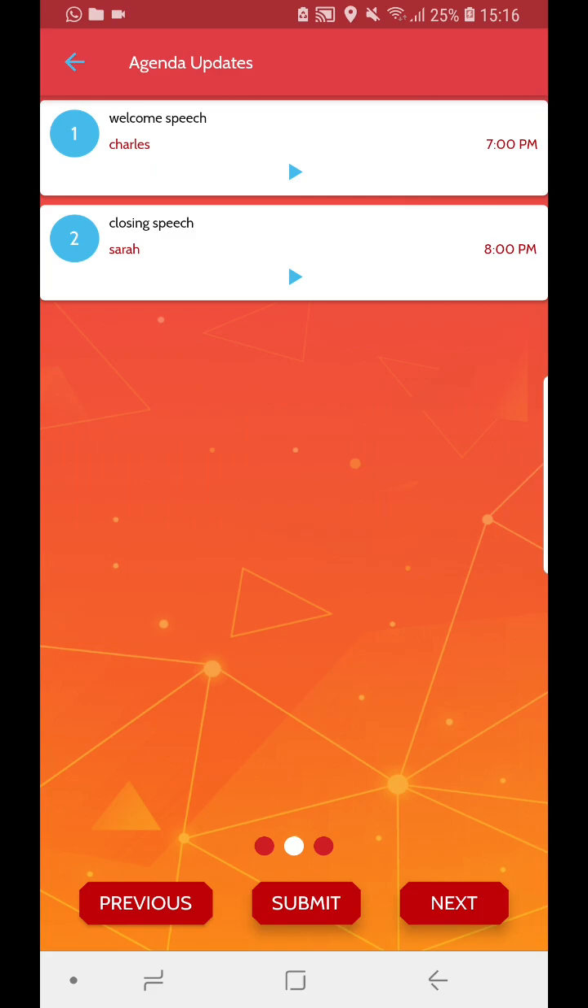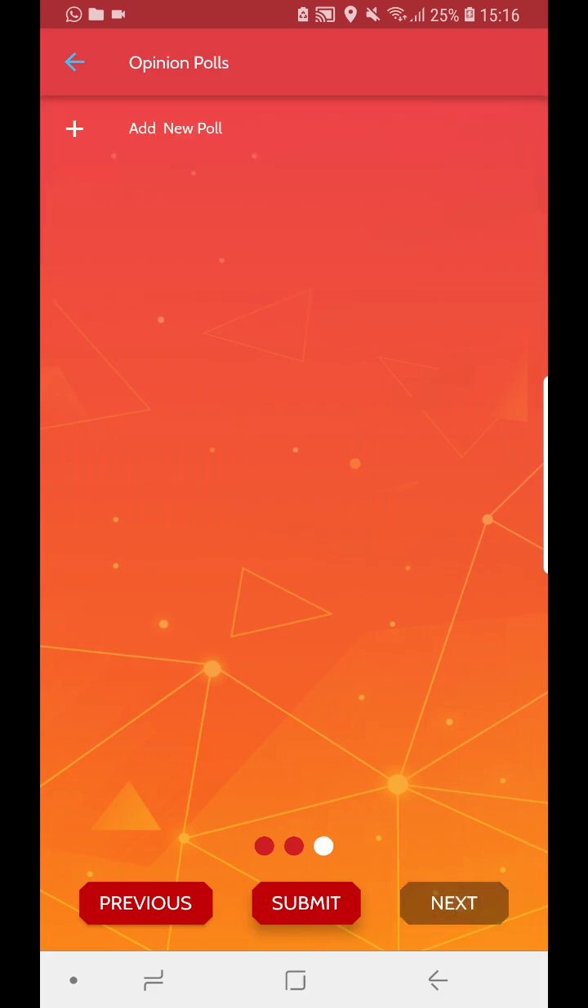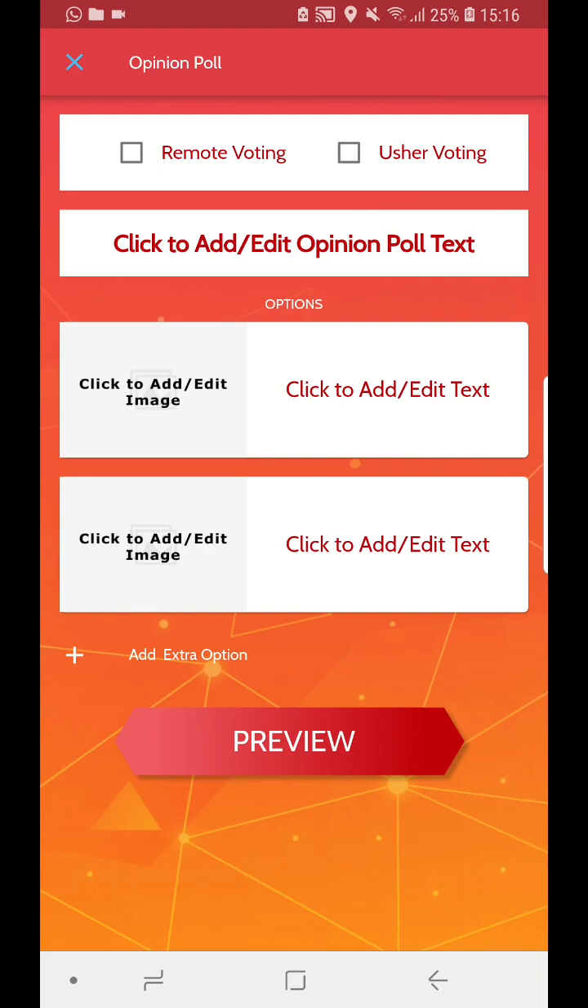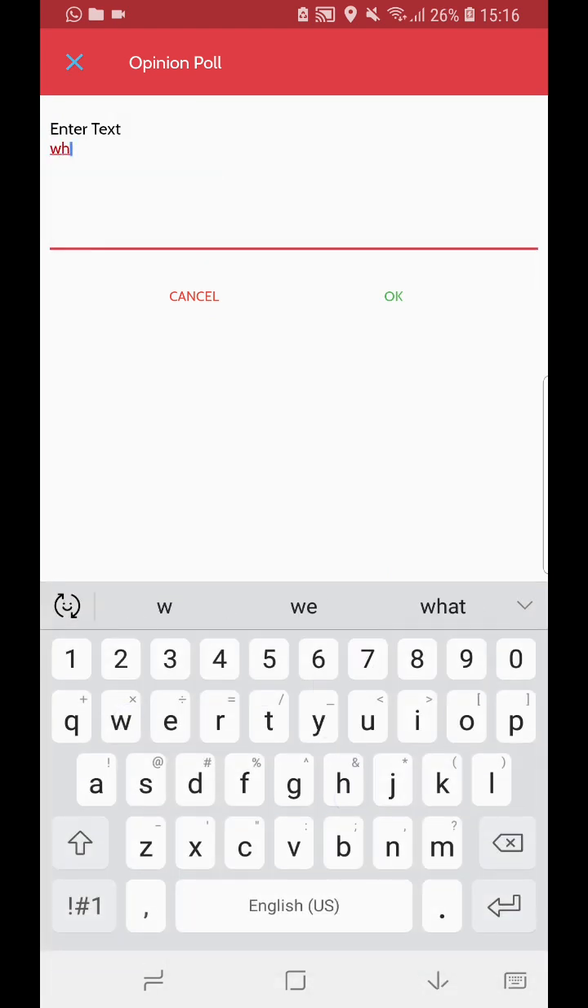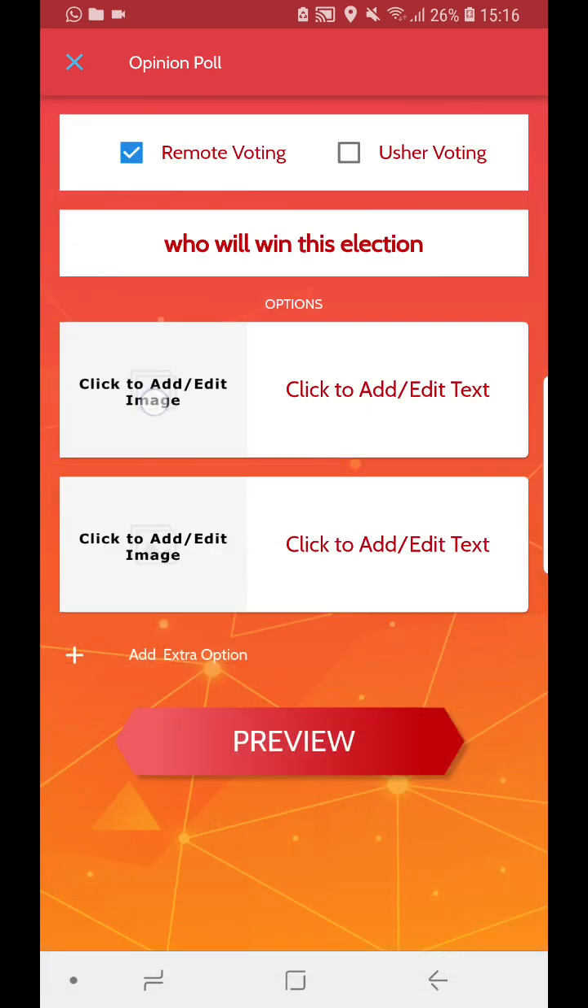This is what your agenda is all about. Next, you can add opinion polls so people can vote. You can say, okay, who is going to win this election? Remote voting, so people that are not at your event can also use MILA to vote. Here, let's put who will win this election. Okay, and then you can click here, add the image of the first option,